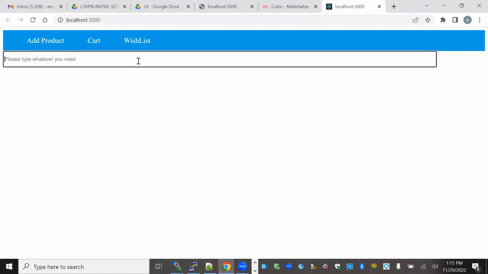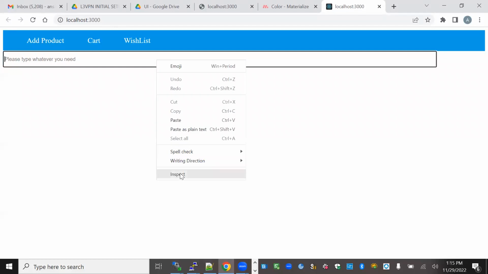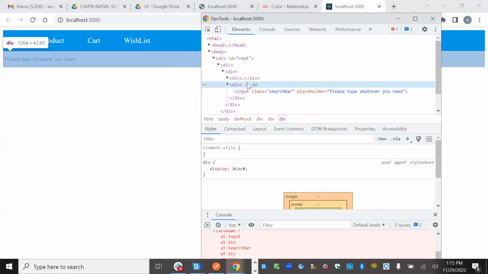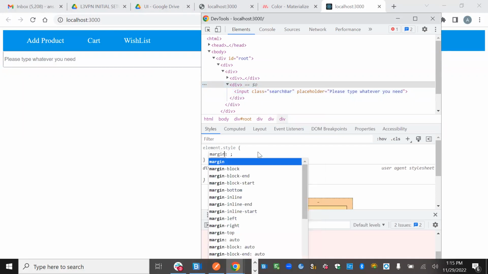So obviously you can see that it just comes down. We don't want it that way. We have to increase it, so we can easily do it with CSS here. All we have to do is just go here, select this parent div, and in here we can give some margin top,